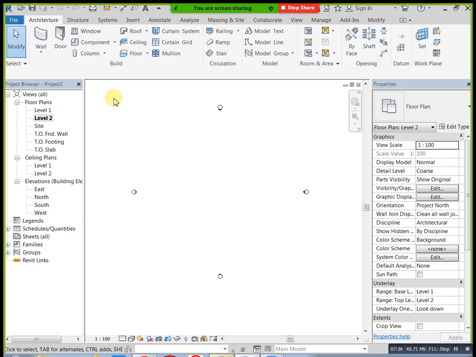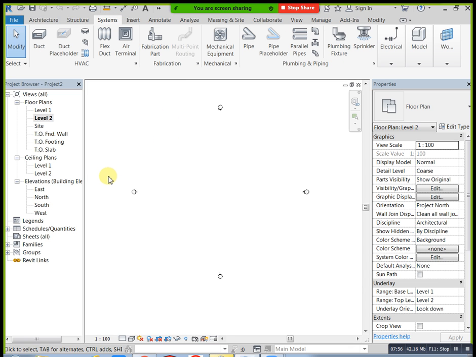These two we already know as civil people: structure and architecture. For example, MEP services. Where are our MEP services? Here mechanical is not there, electrical is not there, and plumbing is also not there. They are in separate tabs. Where are our remaining icons? Go to the System tab. System means nothing but MEP services. MEP services tab you will consider as the System tab. In this System tab we have HVAC service up to here. Next, plumbing service, and at the same time electrical service. This is electrical service. We have these services in the System tab.